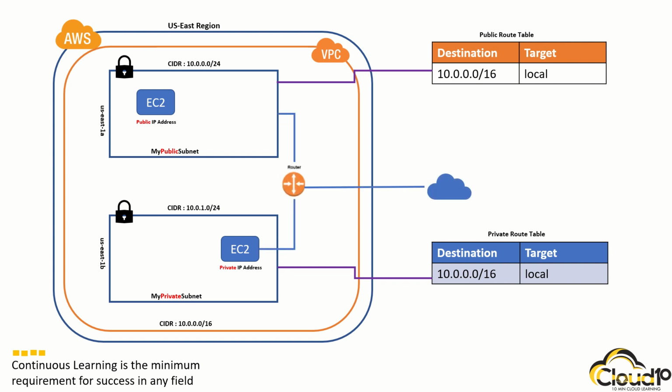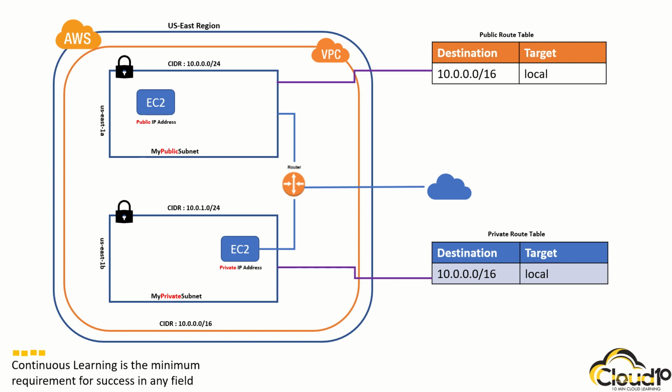Now the thing is that these subnets have to talk to each other, and that is where the router comes into the picture. So as and when there is a request that goes from private subnet to internet or public subnet, the router is going to interpret that request and understand whether the request is configured within the specific route table or not. If it is configured, then it will allow. If it is not configured, then it will not allow, right? It will say timeout, right?